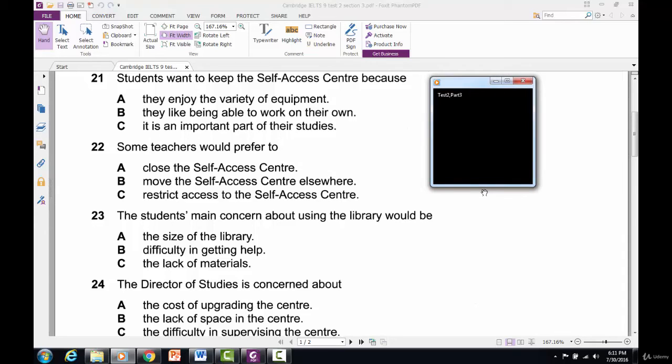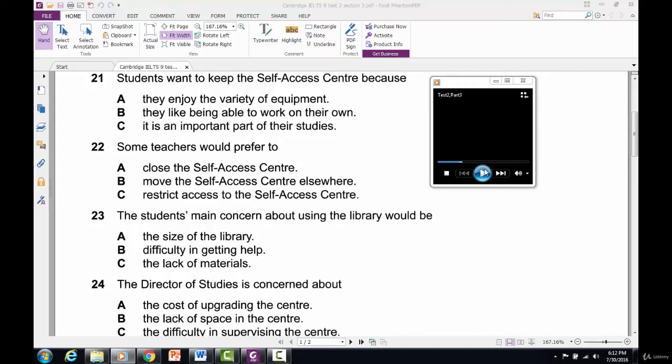The majority of students say that they enjoy using it because it provides a variation on the classroom routine, and they see it as a pretty major component of their course. But we would like to see some improvements to the equipment, particularly the computers. There aren't enough for one each at the moment, and we always have to share. Well, yes, the teachers agree that it is a very valuable resource, but one thing we have noticed is that a lot of the students are using it to check